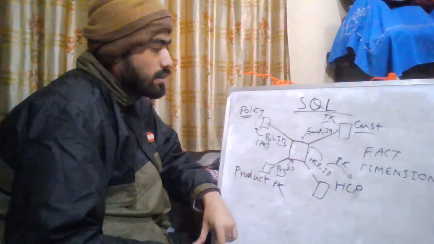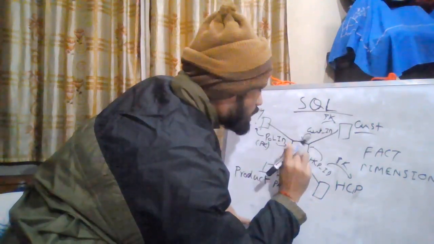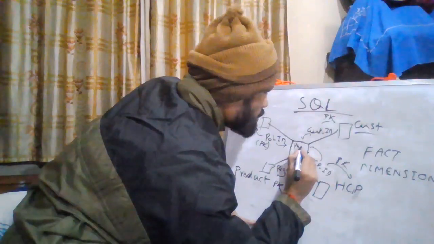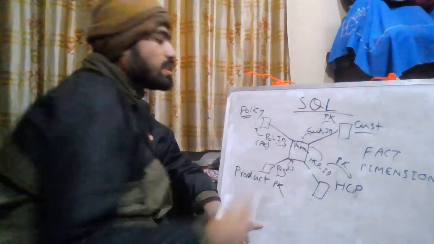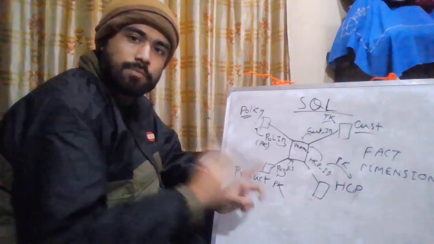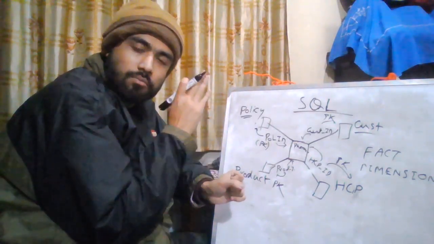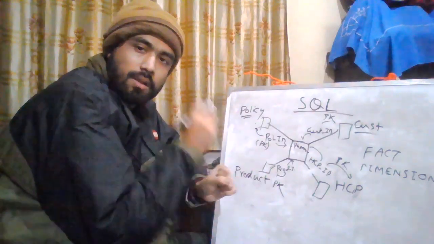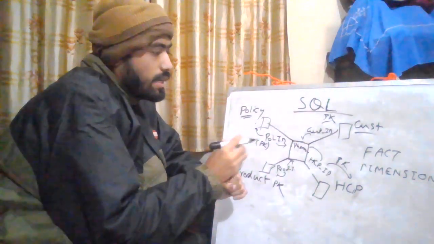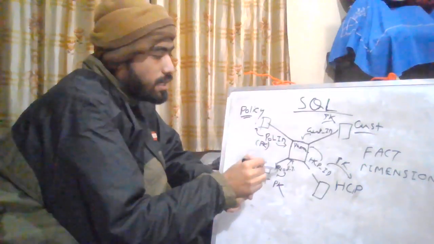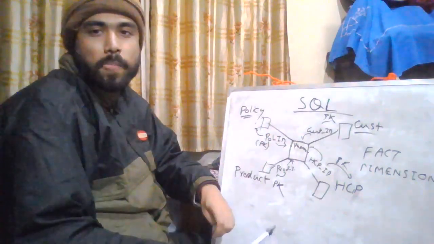And this fact table, for example, is the pharma table, and this pharma table has pharma ID, which is obviously one of the primary keys, but it also holds this prod ID, pol ID, cust ID, and HCP ID, which are the foreign keys